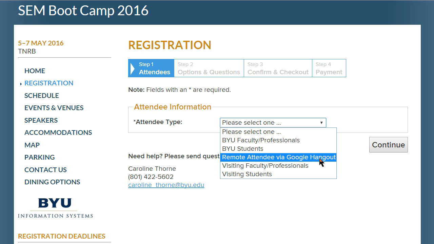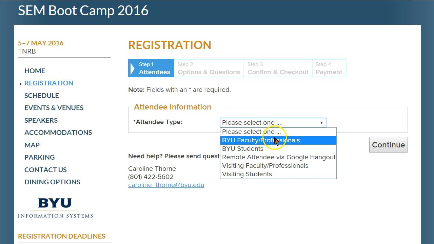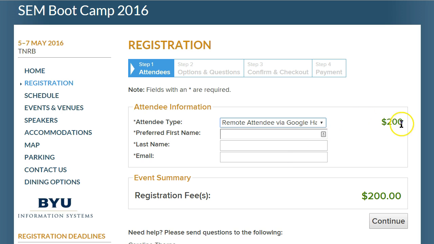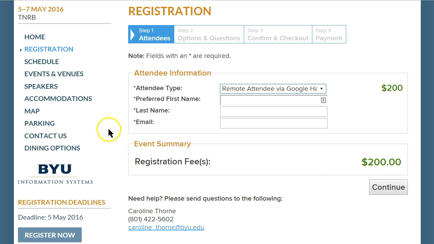Perhaps some of you will be able to participate interactively through Google Hangouts, while others will have to simply observe silently a live broadcast, something like that. But hopefully we won't have more than 9 at Google Hangouts. But here's where you go. You go click on one, it lists the price, and then you just give me some info and continue.